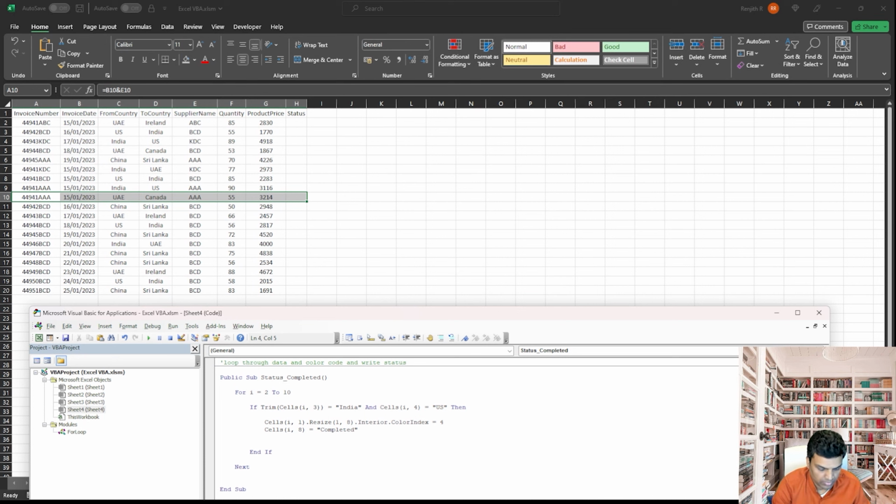Let's say lastRow, you can give any name whichever you want. lastRow is equal to Cells(Rows.Count, 1).End(xlUp).Row. I'll come back to this code, what it does. Excel up, row count, Excel up. Okay, so what it does basically, first it will